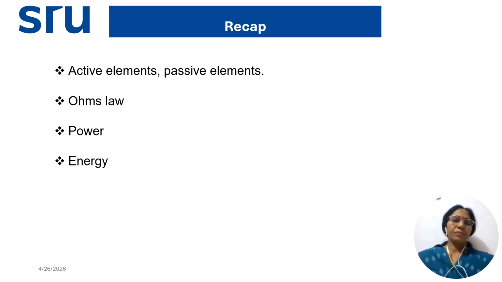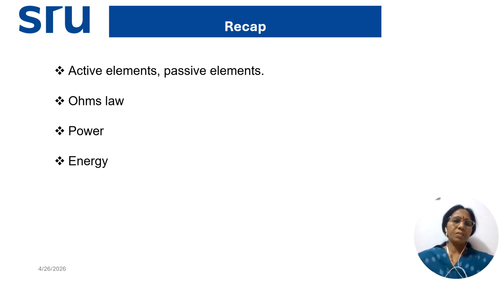In lesson number 1, we discussed basic electrical elements: active elements and passive elements, and their classification. What are the active elements? For example, voltage sources and current sources are known as active elements, and RLC elements, meaning resistor, inductor, and capacitor, are known as passive elements. And passive elements, their representation and